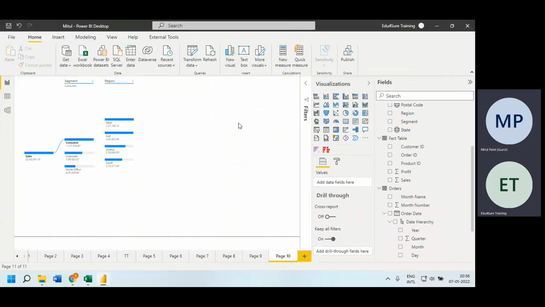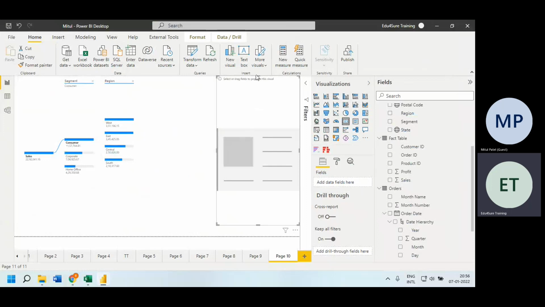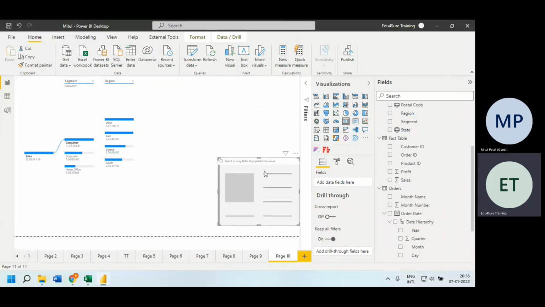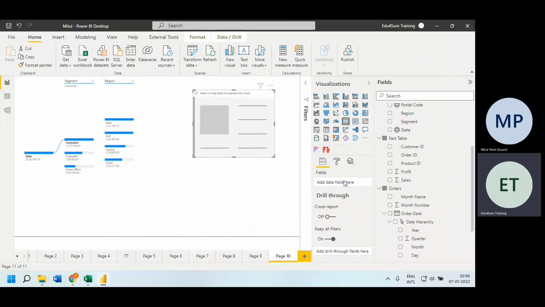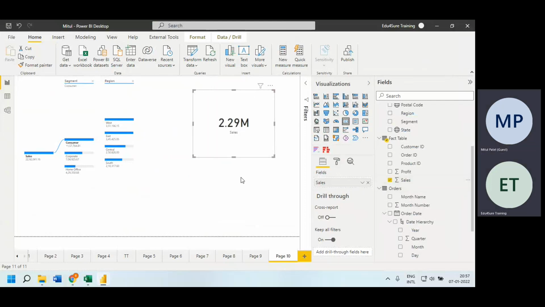So these are the single figures you want, like total sales, how much came in since morning, how much was sold, and all that. For that purpose, we have visuals here: row card and multi-row card. If you click on row card, you can only plot a single figure. Can you see in the fields, we have just one section here. So if you are taking sales, it's going to give you the total sales of the entire data set